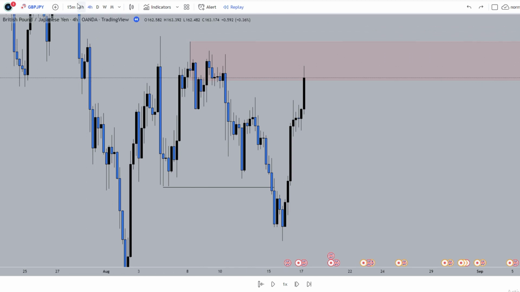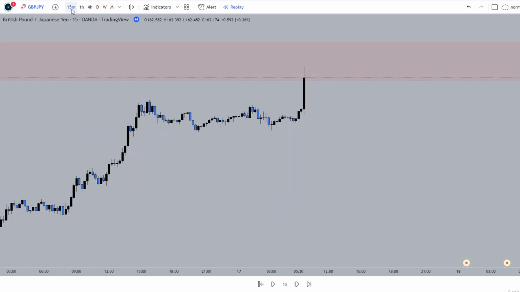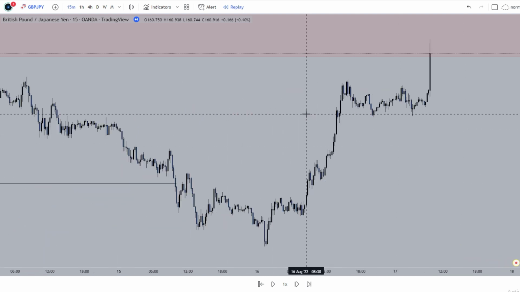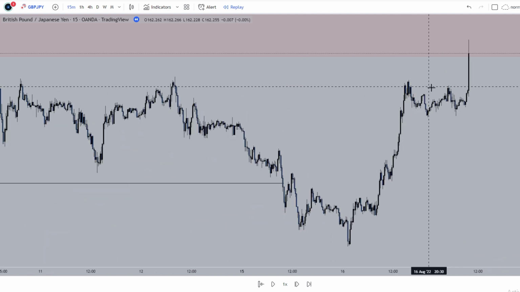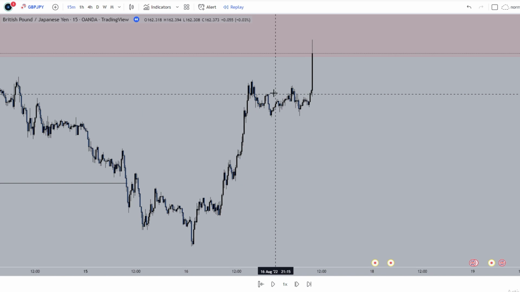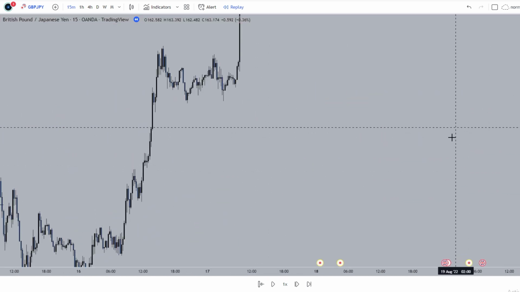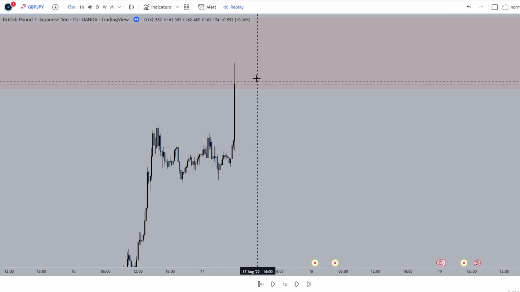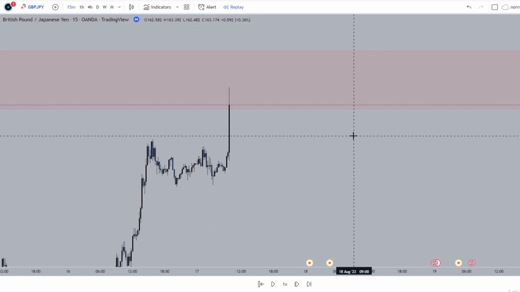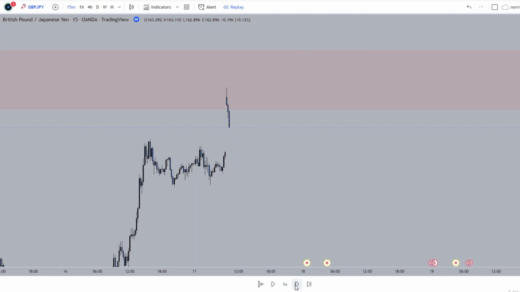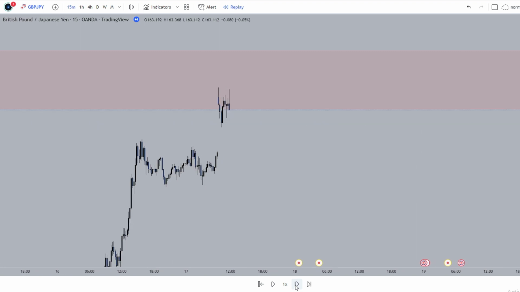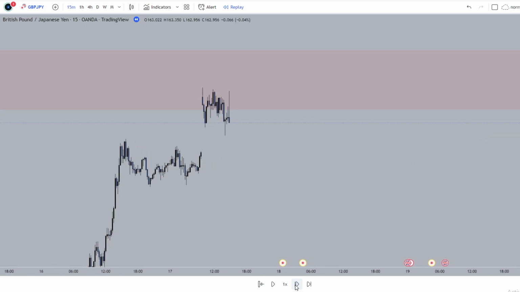So to make it a bit more interesting, let's go to the 15-minute time frame, and we can see things a bit clearer. You see here price ranging from this level and then basically coming into the zone. All right, so let's see what we get here. Okay, so we have here a gap in price,